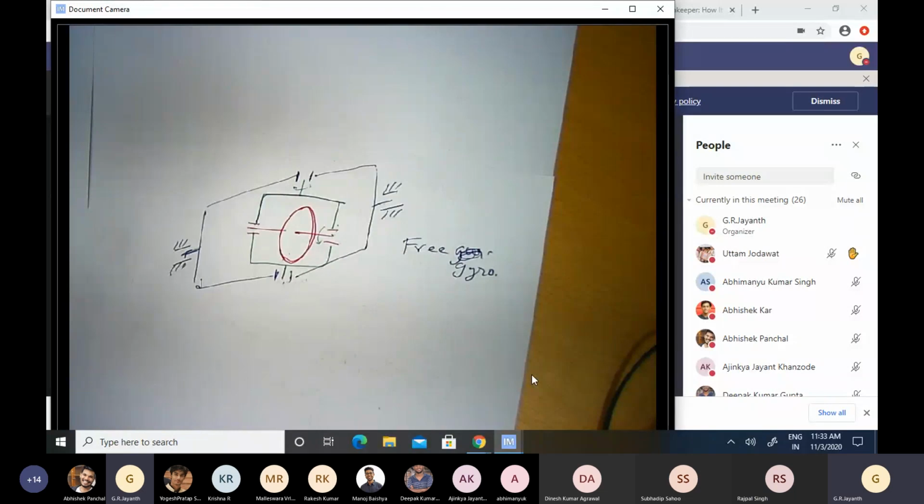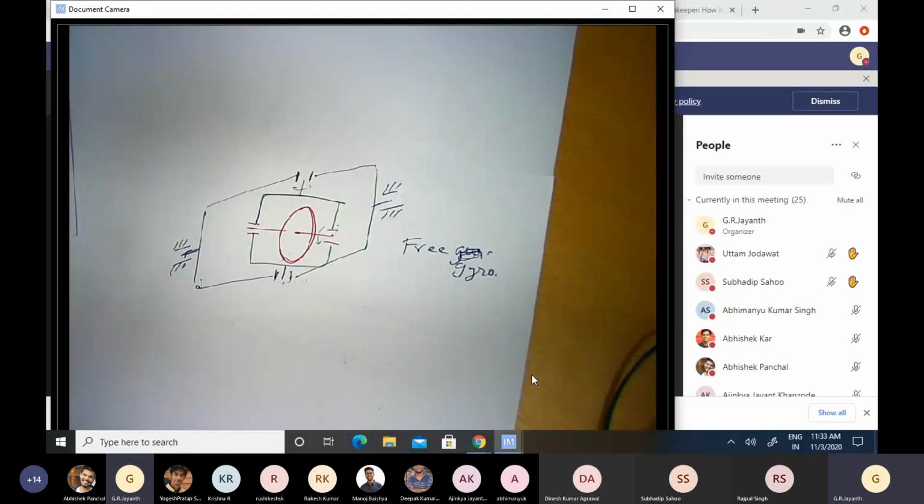I don't think the remainder of this material will take a full 1.5-hour class. What I intend to do is spend 45 minutes discussing gyroscopes in their various forms and their applications, and then open the floor for general questions you might have on the basis of whatever we have discussed over the last one month. So I'll discuss gyroscopes, talk about a top spinning under the effect of gravity, and then have a general Q&A session with all of you.